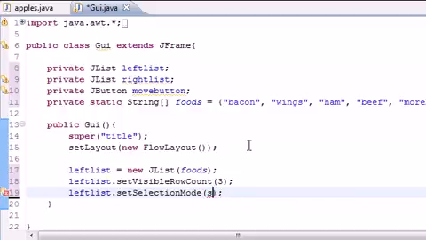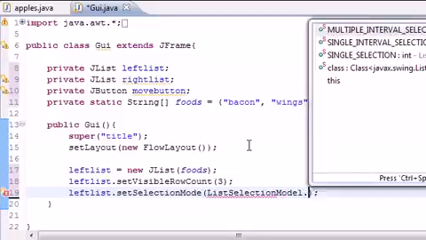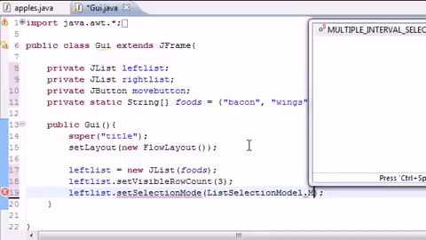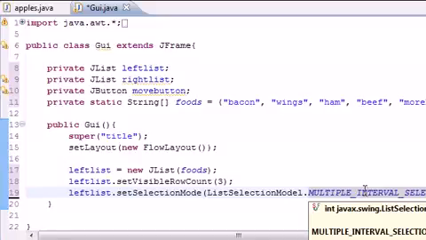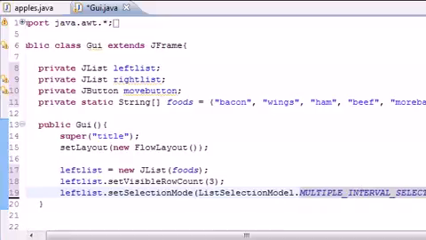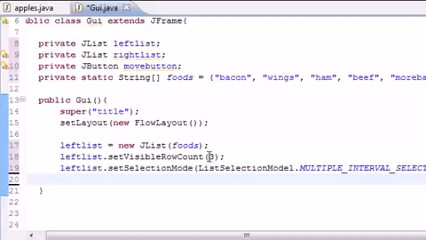And our selection mode, unlike before, is going to be list selection model dot multiple interval selection. What this means is, unlike last time where you could only select one thing at a time, with multiple interval selection, using your control and shift keys on your keyboard, you can select multiple items at a time. So now the last thing that we need to do to our left list is add it to